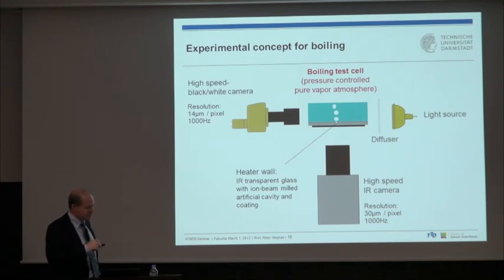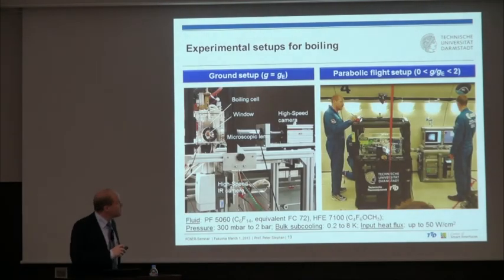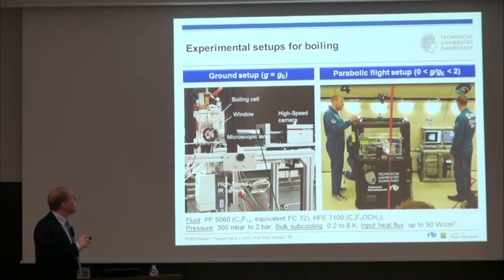I will show you how this heater looks like in a minute. First of all, this here shows as an example our test setup in our lab, in our university. So this here is the boiling test cell. You have the different windows for observation, the high-speed infrared, black and white infrared camera with a microscopic lens and the high-speed infrared camera. And this here can be set and very nicely controlled by means of pressure and temperature. So we also can control very nicely our heat losses.